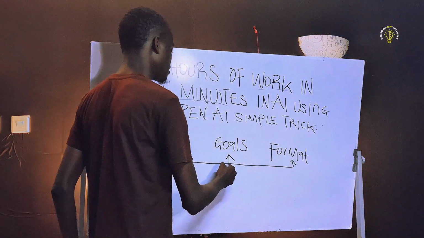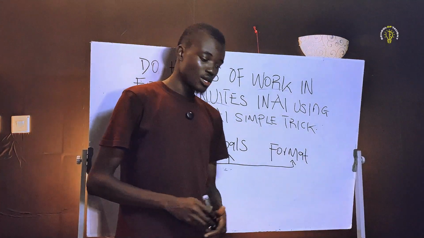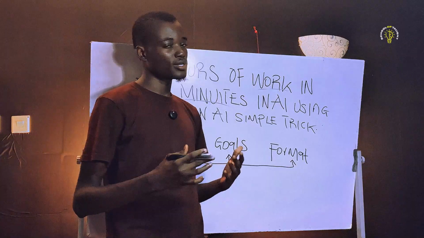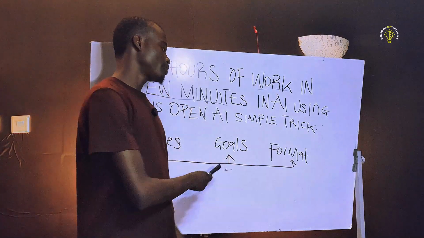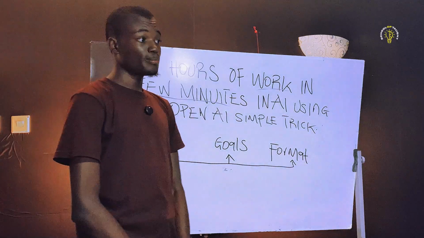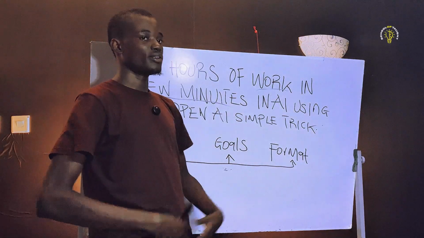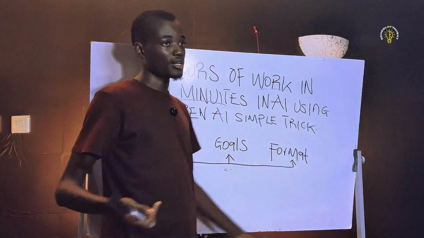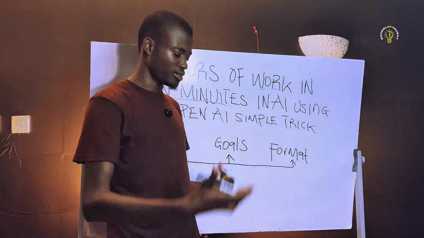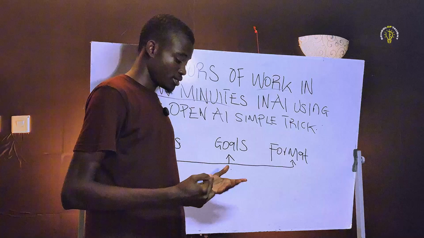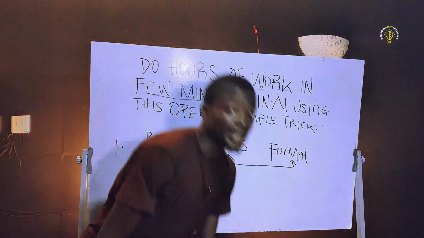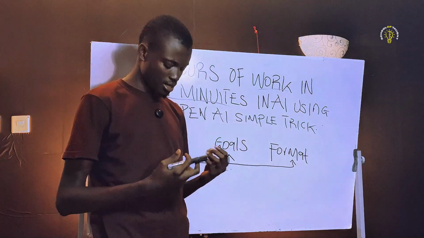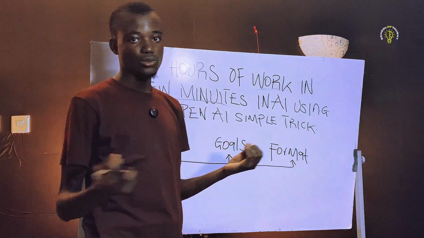Secondly, the second part, goals. Here you tell the AI, this is what I desire. So your end goal in mind is maybe you want to do a social media post. So you go into AI and you tell it, all right, this is what I desire. I want you to act as a social media coach and design me a social media post, a reel. I want you to make a script of a reel for me. And I want people to see this reel and be happy. That's your goal. You want people to be happy.